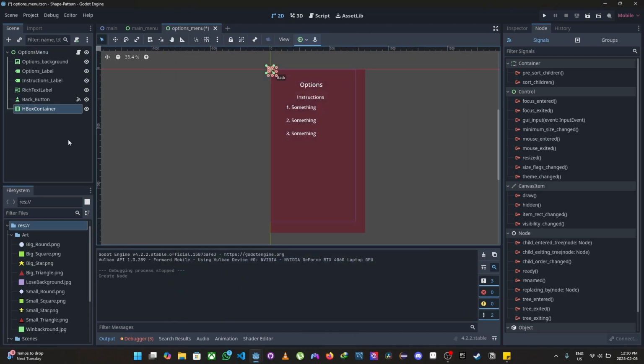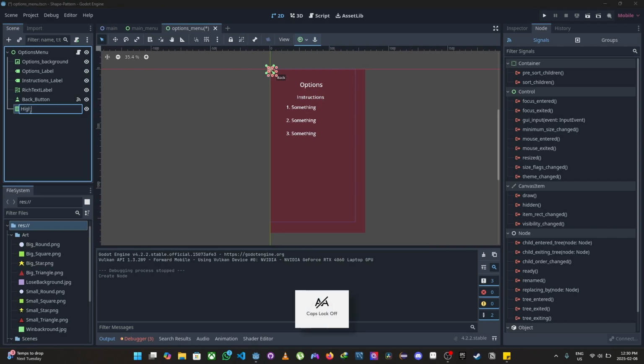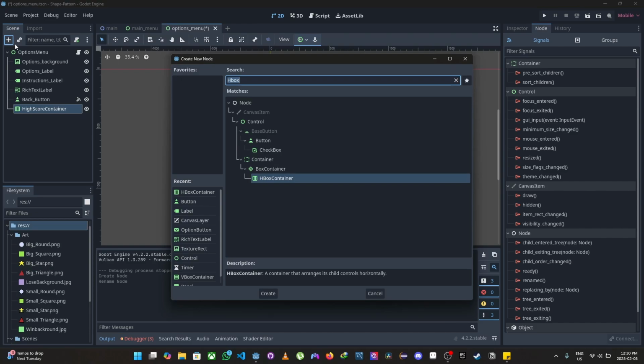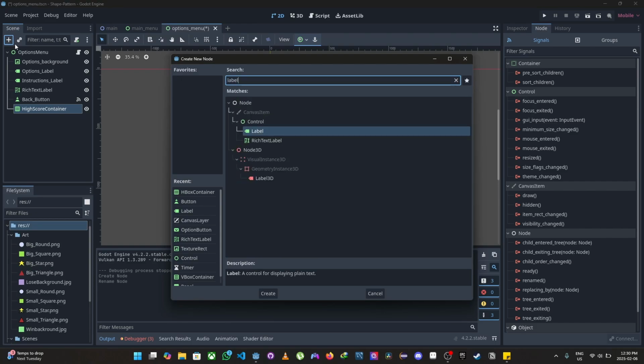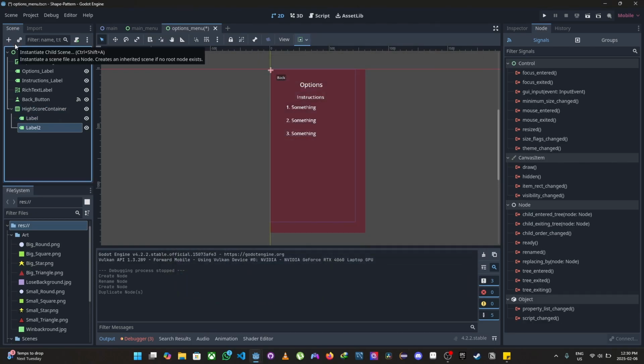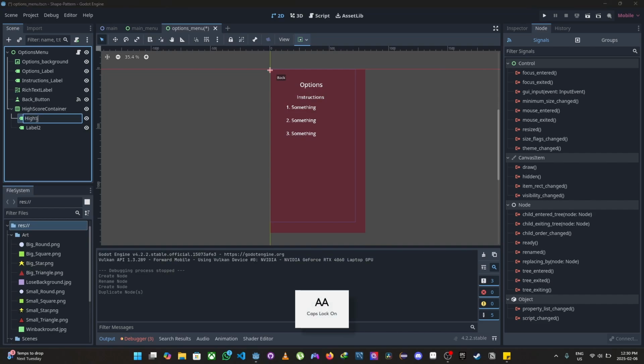We'll create that, and inside, let's rename it actually to our high score container. Good. Then inside this high score container, we'll add 2 labels, 1 and Control D, 2. So we'll call this the high score label, and this would be the